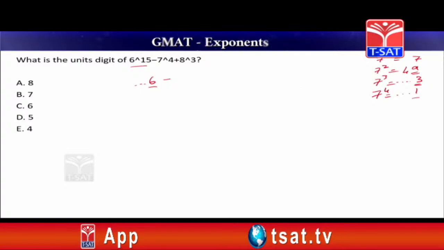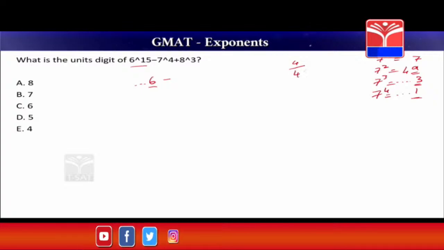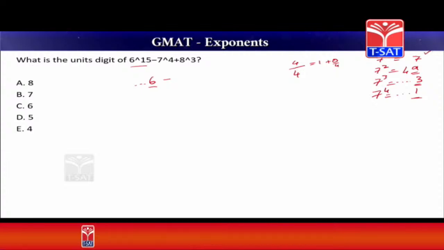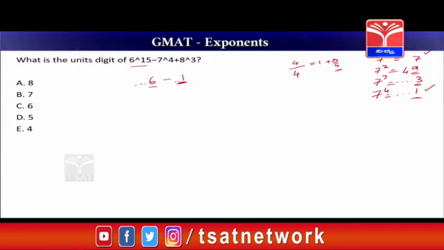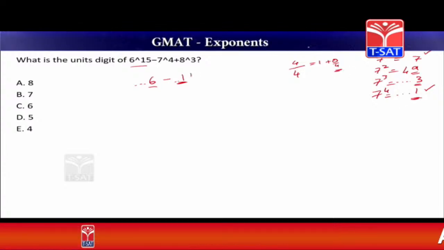So we might make the mistake that for 7 to the power of 4, you divide the power by its cyclicity, that is 4, and the remainder is 0. But you might make the mistake of choosing 7 to the power of 1, but what you have to choose is the remainder. Whenever it comes out to be 0, you will have to look at the fourth number, that is 7 raised to 4, that is 1 will be at your units digit when you have the remainder 0. 7 to the power of 4 is giving you a units digit of 1,